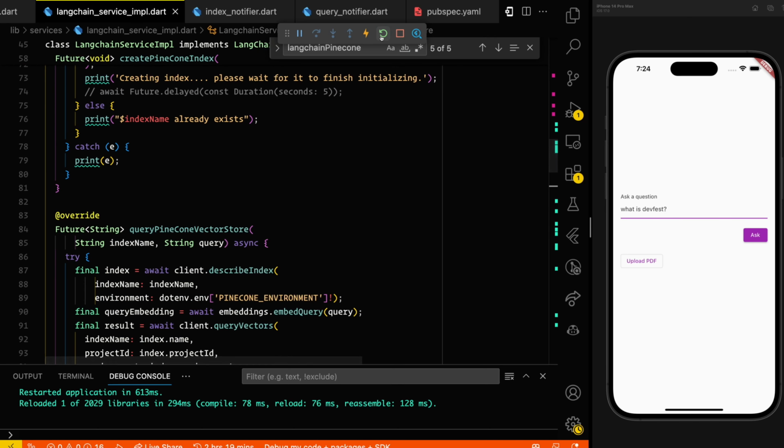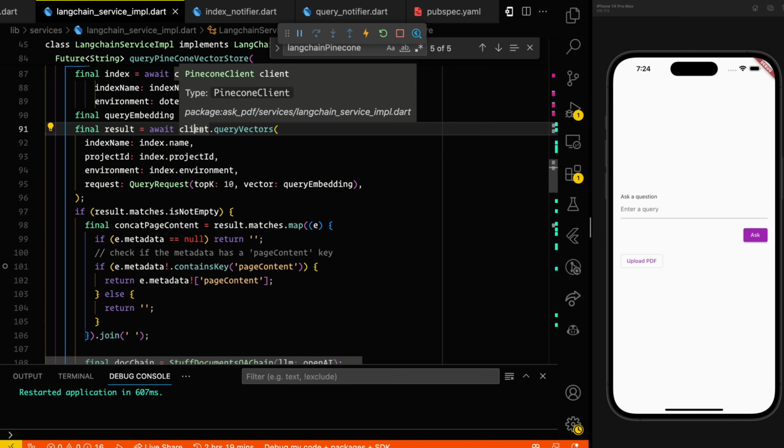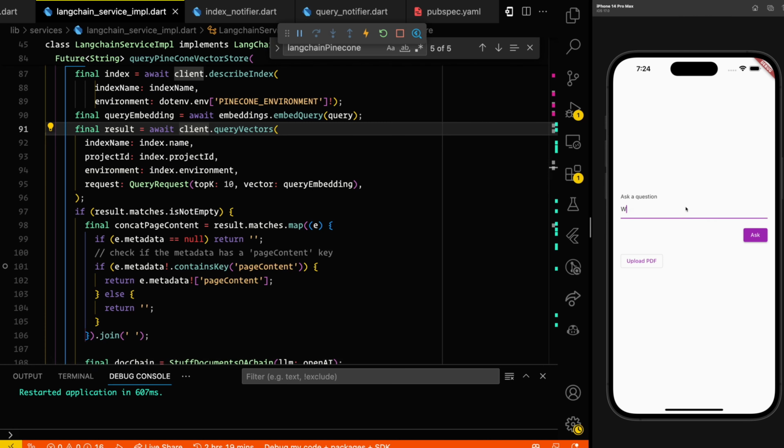So let's refresh. And then, okay, let's ask, what is def first? So now we get an unsuccessful response. You see, we have a 404. So that brings us back to the thing we did the other time. We just initialize the Pinecone clients directly and then pass in